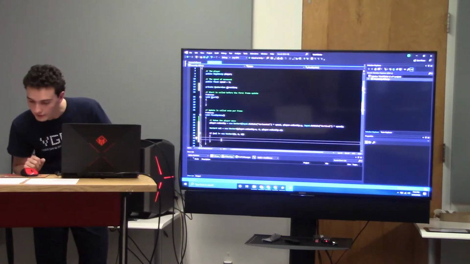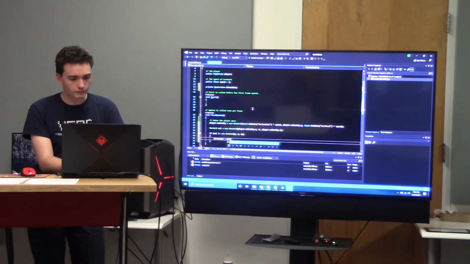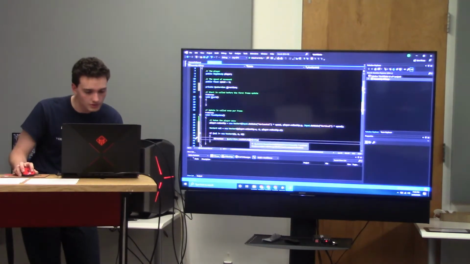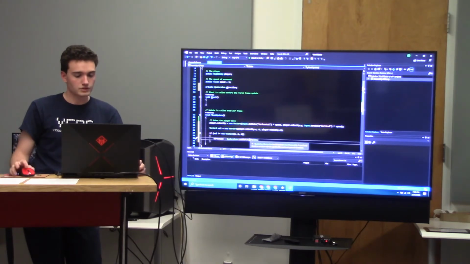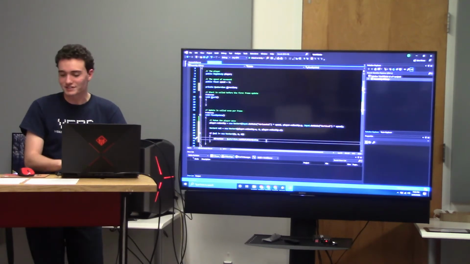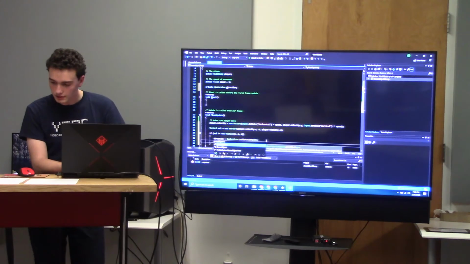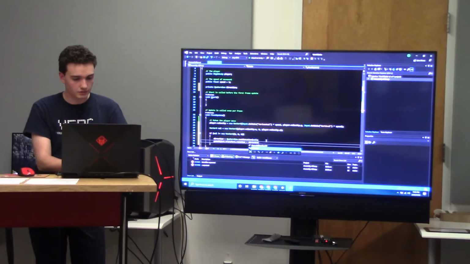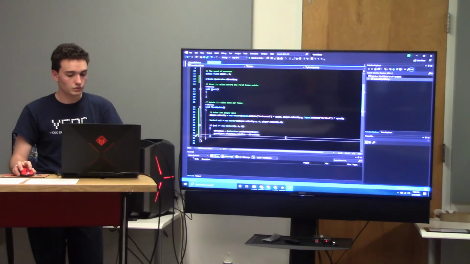And then we can set direction is equal to quaternion dot look rotation, the look rotation function, velocity. And what this does, let's just hover over that, it creates a rotation with the specified forward and upwards directions. So it'll make the rotation in the direction of the velocity, which is what we want. And then we can just set game object dot transform dot rotation equals direction. Yeah, okay, and that should be all we need to do to get it to start turning in the direction